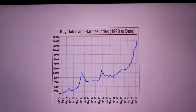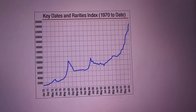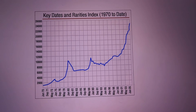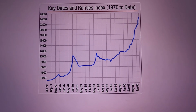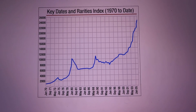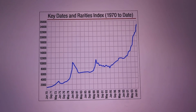Now, silver isn't the only kind of coin out there, obviously, right? When I was collecting coins, I was 13 years old. Silver was very cheap. And I remember thinking, I was looking at the history of the Hunt brothers buying silver. Silver had hit $50 an ounce, and obviously the silver coins followed suit. But the coins that weren't silver, like the Buffalo nickels, or Indian head pennies, or wheat pennies, or whatever people were collecting,